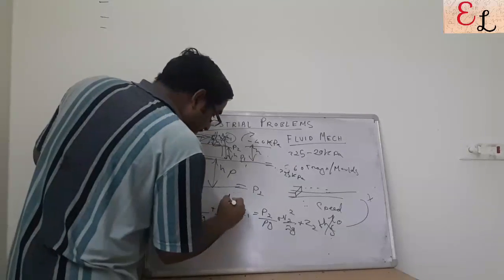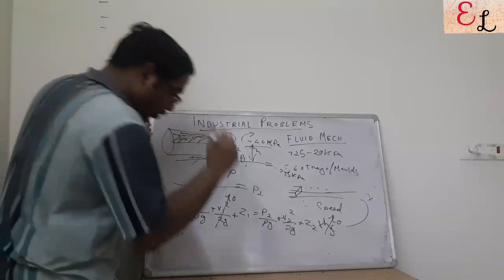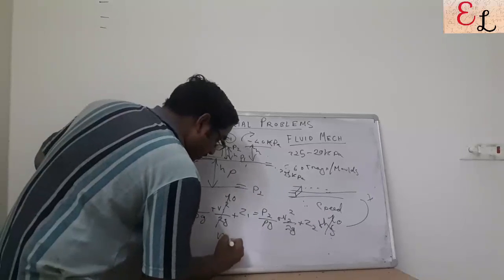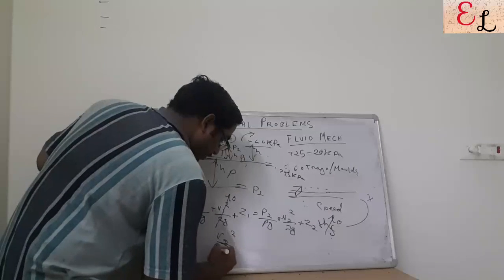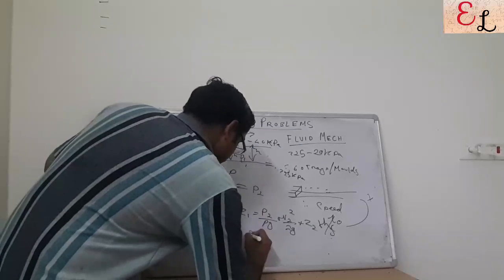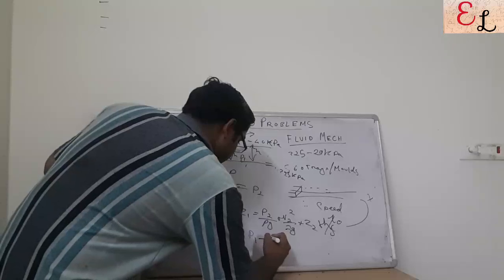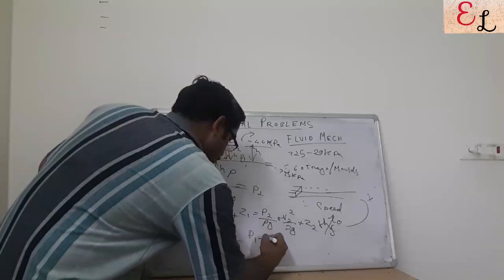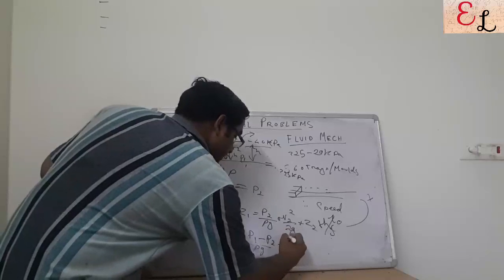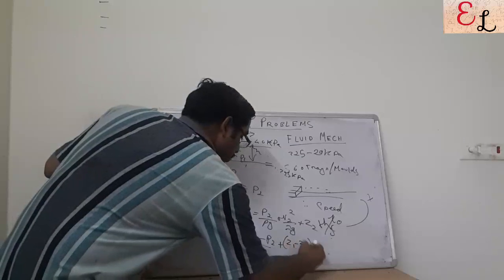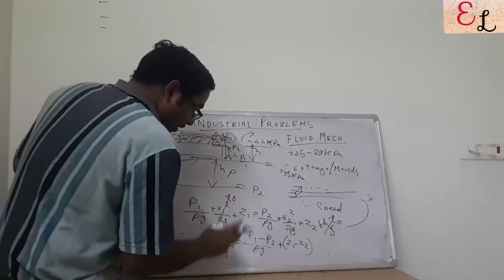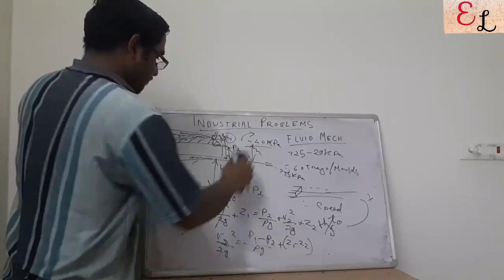So we can consider it for the moment as 0. So considering it for the moment as 0, this V2 square by 2 is nothing but P1 minus P2 by rho G plus Z1 minus Z2, which is nothing but H. So the final equation that comes in is